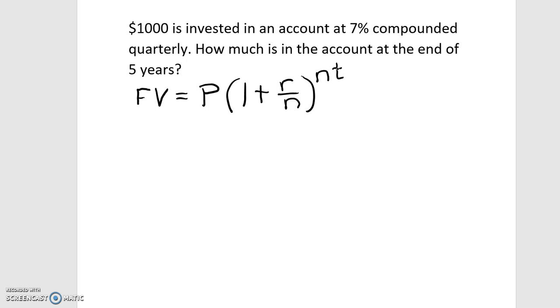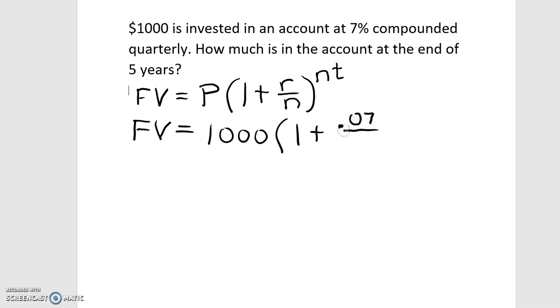So now that we have our formula for working with compound interest, we're ready to plug in our values for this particular example. We're asked to find how much is in the account at the end of some time, 5 years in this case. So what we're looking for is the future value. The P value, or the principal, is the original amount invested, so that would be $1,000 in this case, times 1 plus our R value, which is our rate as a decimal, so 7% in decimal form would be 0.07,